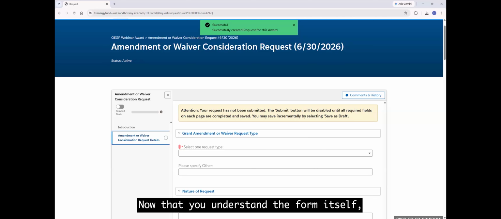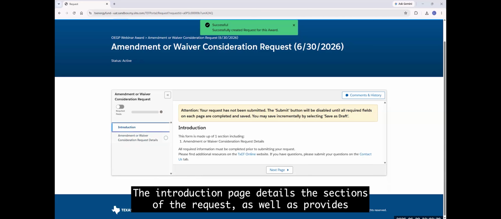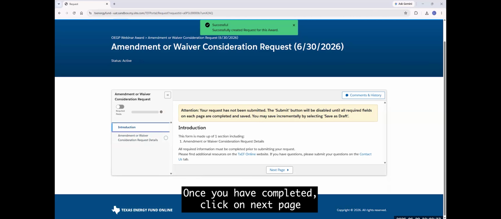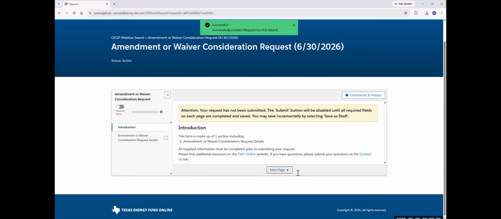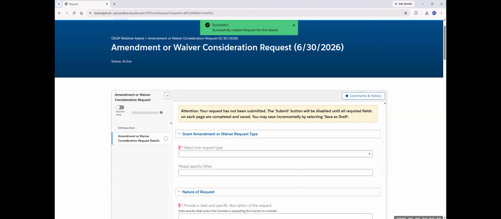Now that you understand the form itself, we will toggle back to the introduction section. The introduction page details the sections of the request as well as provides some resources in case you need guidance while completing the form. Once you have completed it, click on Next Page to move to the Amendment or Waiver Consideration Request Details section.